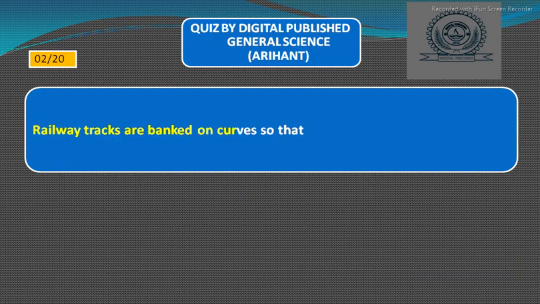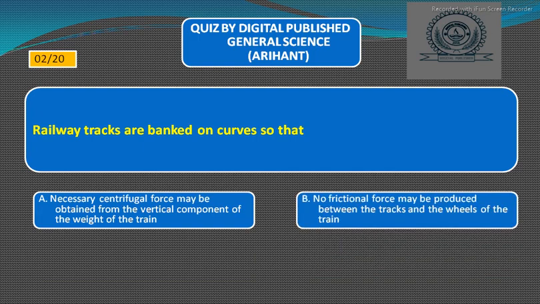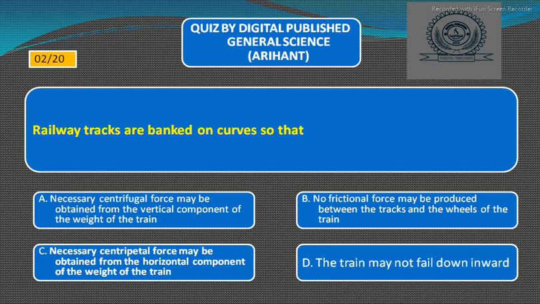Railway tracks are banked on curves so that: option A, necessary centrifugal force may be obtained from the vertical component of weight of the train; option B, no frictional force may be produced between the tracks and the wheels of the train; option C, necessary centripetal force may be obtained from the horizontal component of the weight of the train; option D, the train may not fall down inward. তো রাইট আনসার হবে অপশন C, necessary centripetal force may be obtained from the horizontal component of the weight of the train. Next,